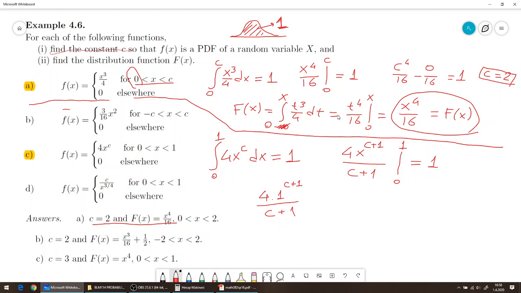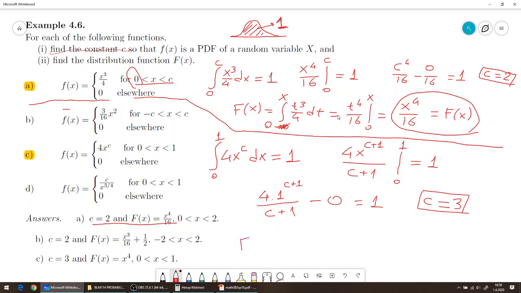If you put 0, you get 0. So minus 0 equals 1. Then c equals 3. If you put c equals 3, you see that this equality is confirmed. So c equals 3, and put 3